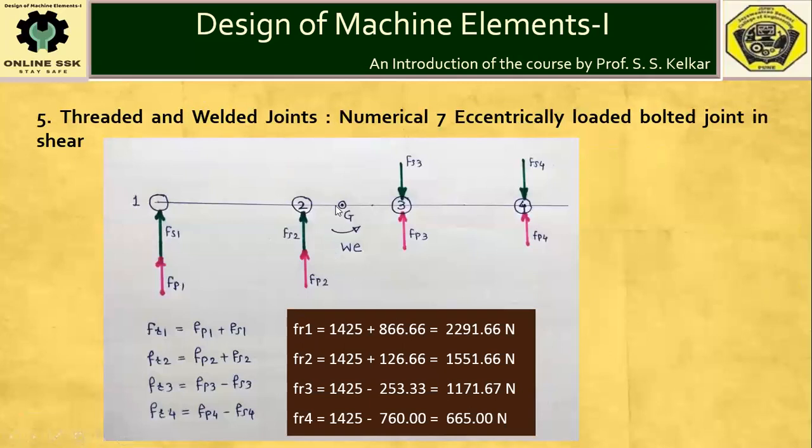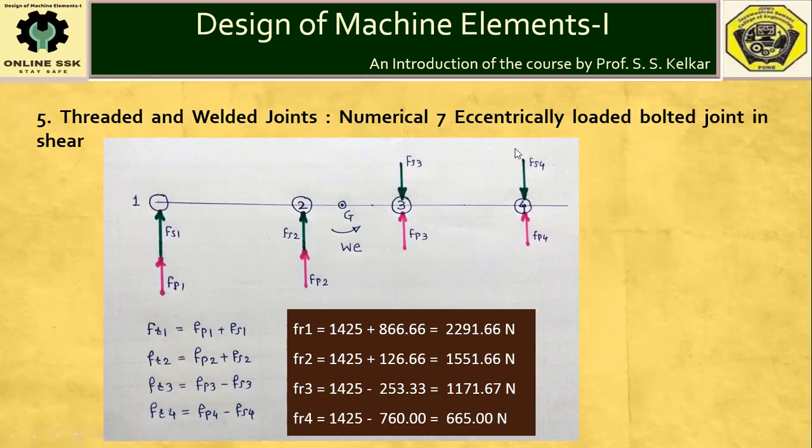of the bracket. Similarly for bolt number 2, Fs2, as shown by green colored arrow, will cause clockwise rotation of the bracket. Now here for bolt number 3, after joining the center of gravity to the center of bolt number 3, a line drawn perpendicular to the line joining CG to the center of the bolt will be the line of action of the force. Here the green colored arrow shown for Fs3 will cause clockwise movement of the bracket, which is opposite to the anti-clockwise rotation of the bracket caused due to applied load. Therefore, this direction shown for secondary force at bolt number 3 is the correct one.